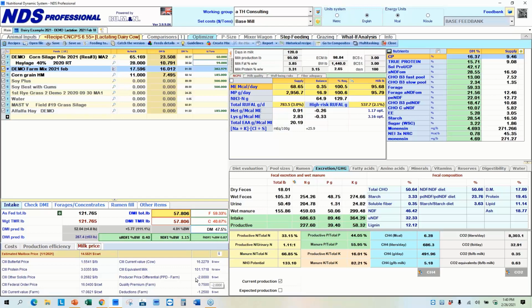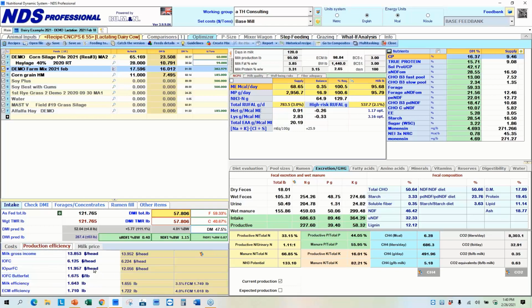And you can see I've even added the TPD for the farm. I've added his premiums that he gets for somatic cell, the deductions. I just total them all up and put them into one. So this is more or less the milk price that we had Monday at a dairy. So the tool looks at productive efficiency,